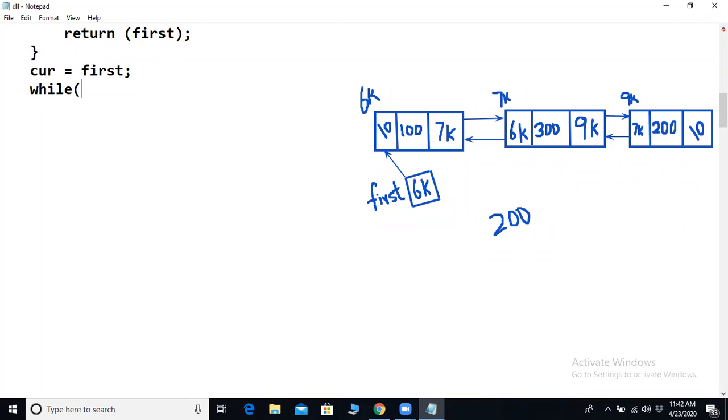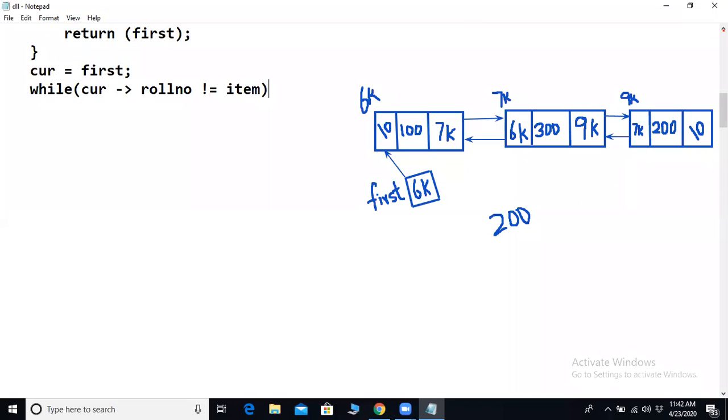While cur implies roll number is not equal to item. This is not the only condition. I am going to add one more condition here for the scenario where the item is not present at all.